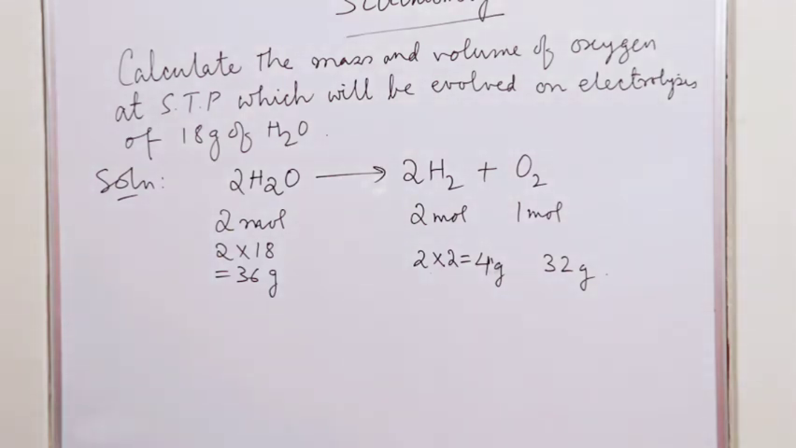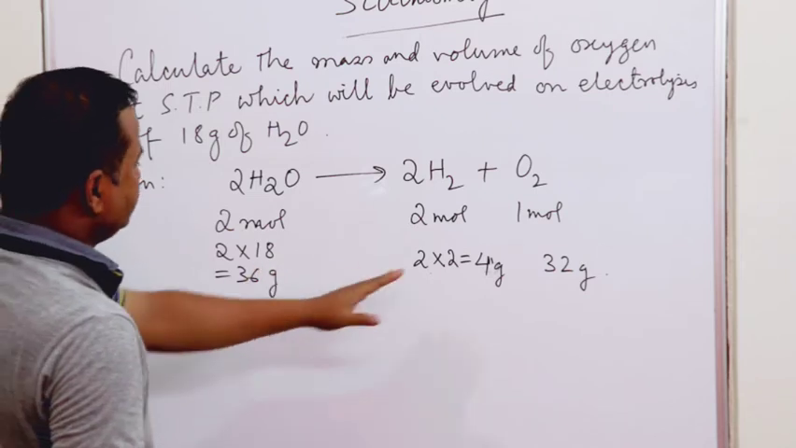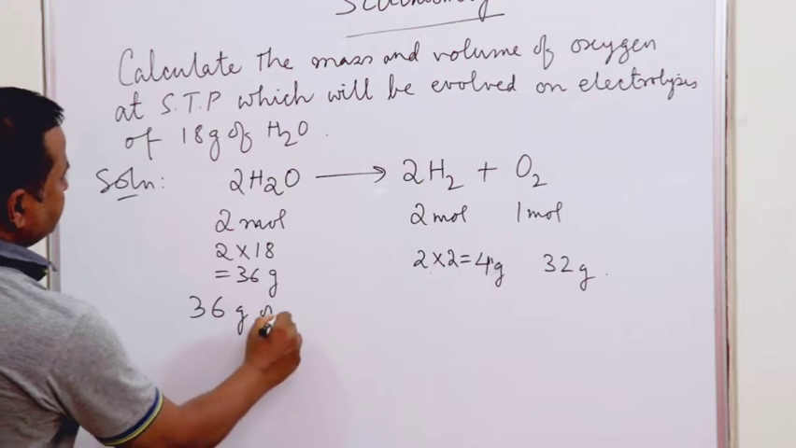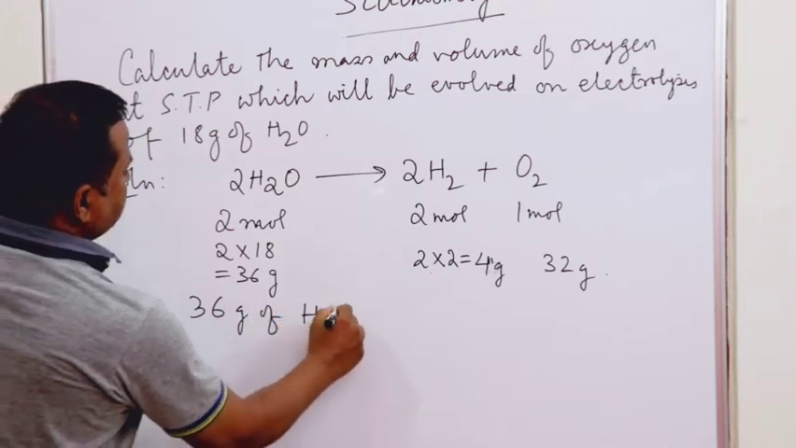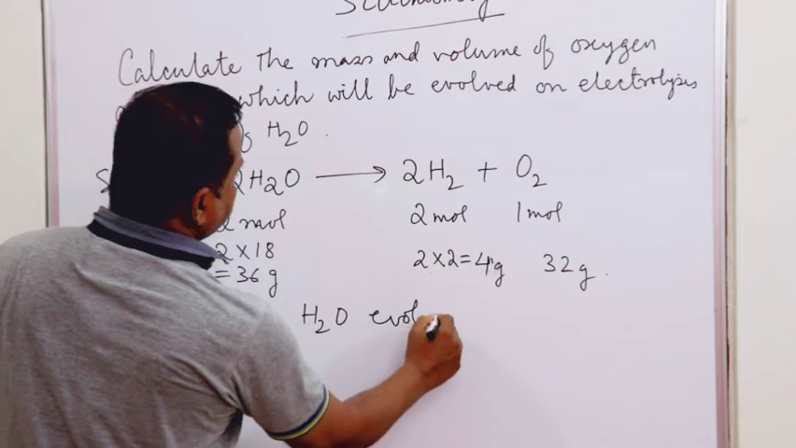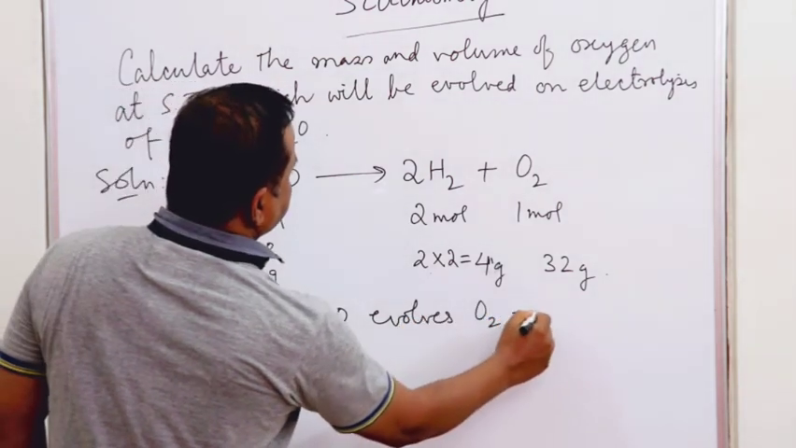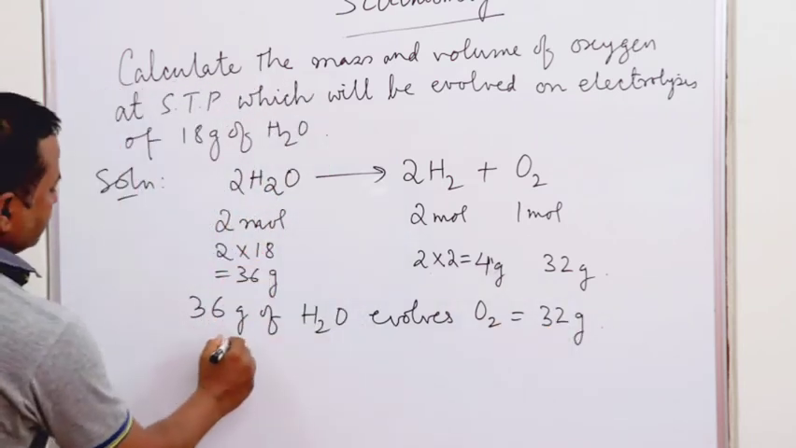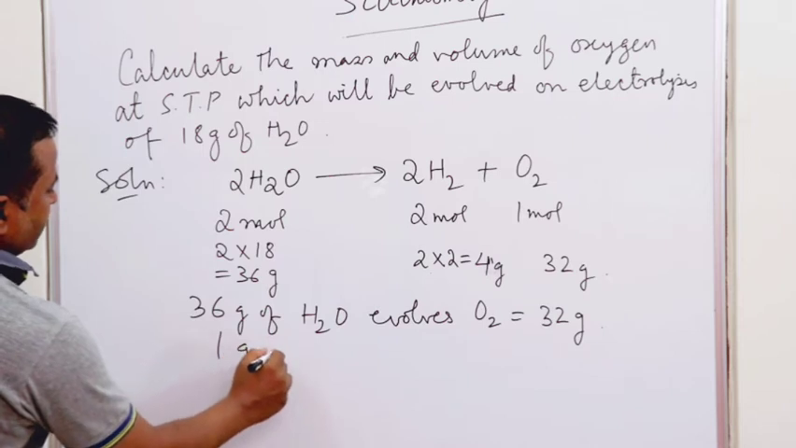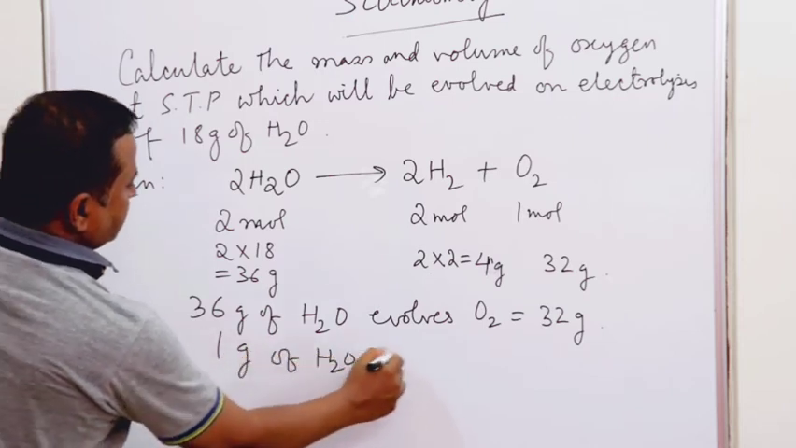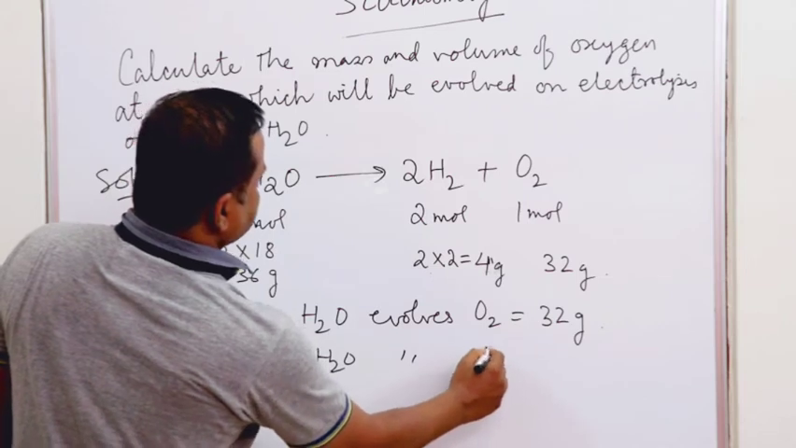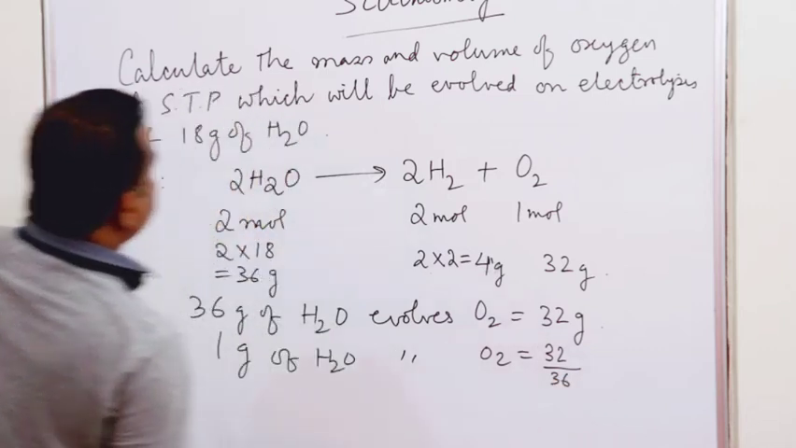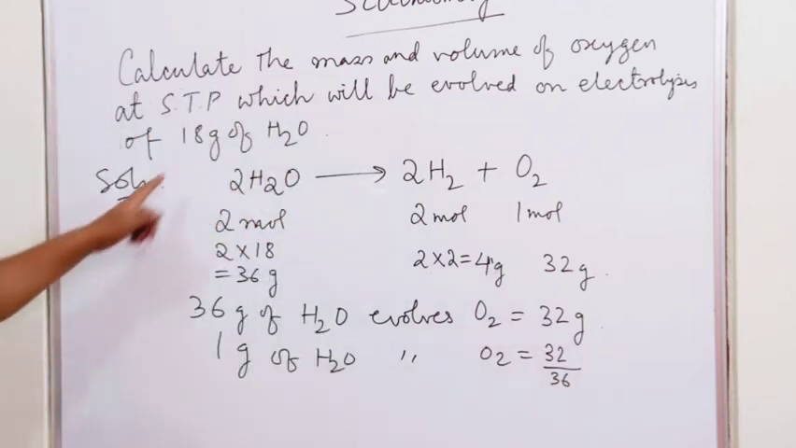So what we are seeing is that from this stoichiometric relation we have found out the molar relation. 36 gram of water evolves oxygen equal to 32 gram. Okay, so we are now applying the unitary method. 1 gram of water evolves oxygen equal to 32 divided by 36, and in the question you are asked for 18